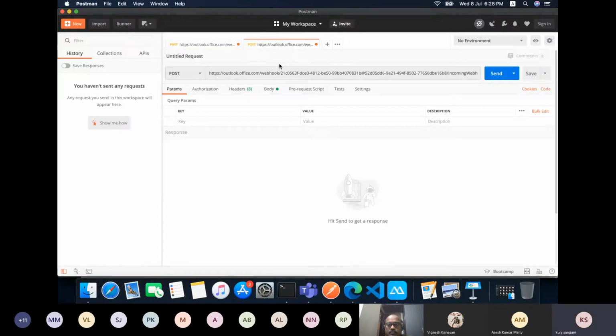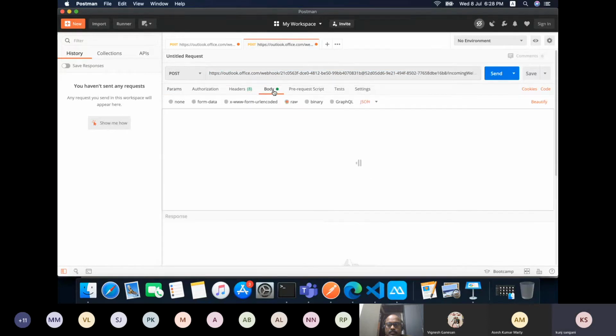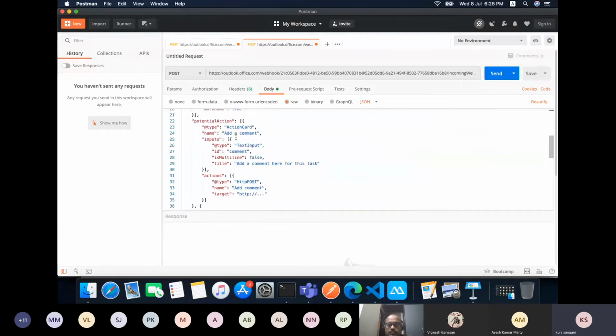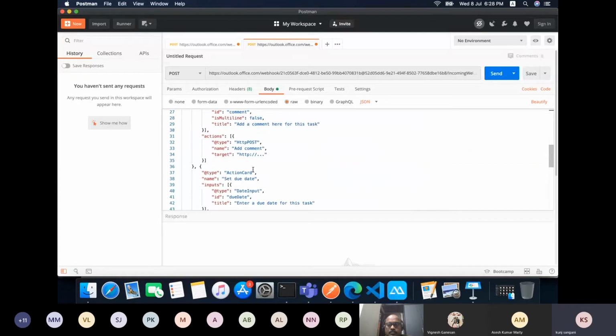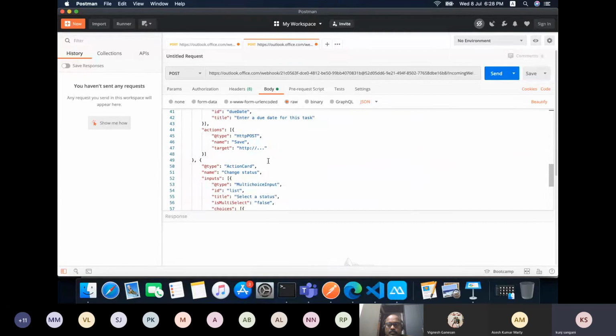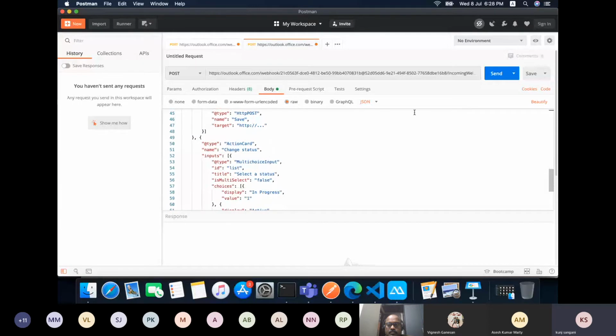We'll do a POST request because we are sending the data. The body would be in JSON format, a raw JSON format. As you can see, the type of data here is message card. This message card can have multiple actions as well. Add a comment is one of the actions. There is another action called set due date, and another called change status.